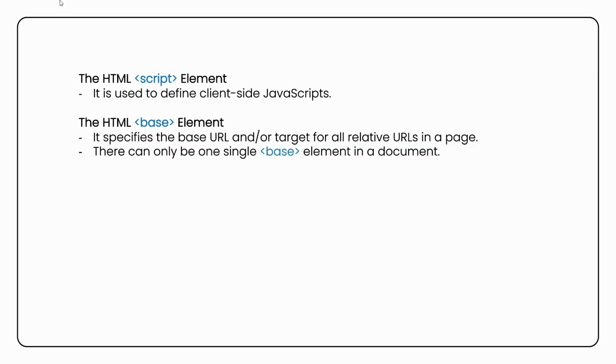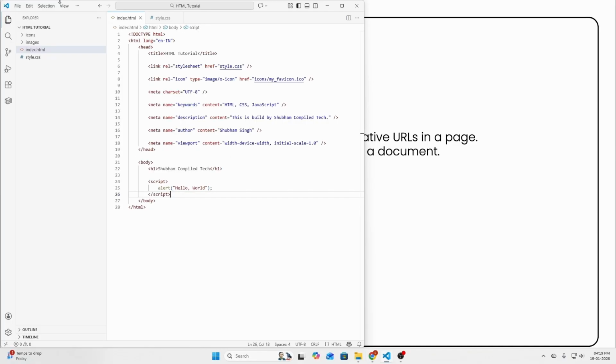Next, we have the base element in the head element, which is used to specify the base URL or target for all relative URLs in a web page. So we go to our Visual Studio Code and add the base element here. Let's add base and add an href. Let's just say images, and self-close this tag and remove the script element from here because we don't need it anymore, and then define an image element here with the source which is relative to the current base element. So if we now say my